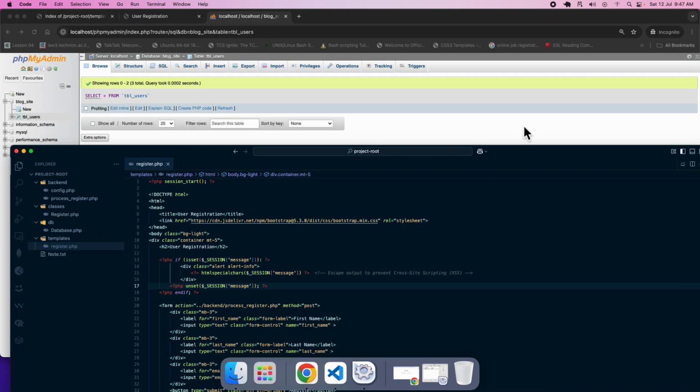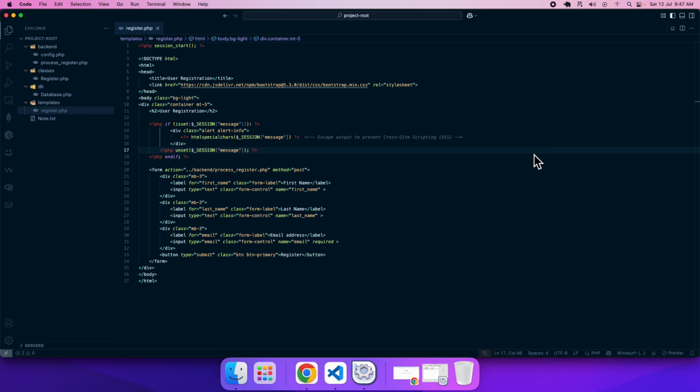So I have shown you how to implement the first part, that is the CRUD operation, and I've shown you how to implement object-oriented programming with the following file structure. So I believe this video will be